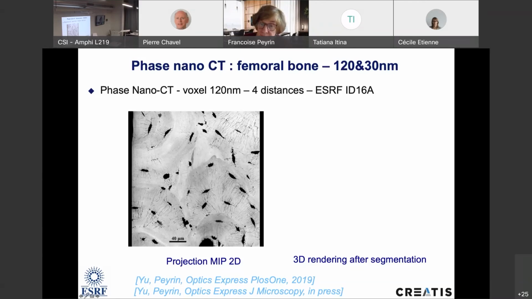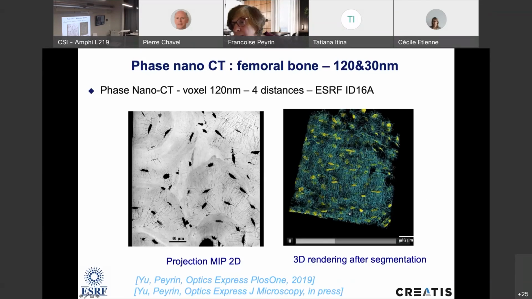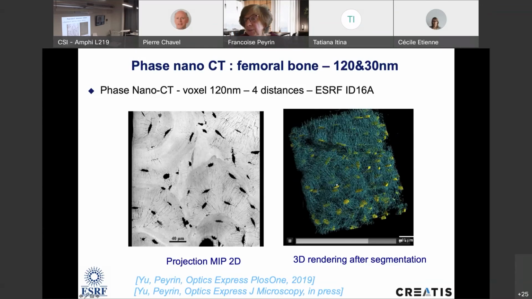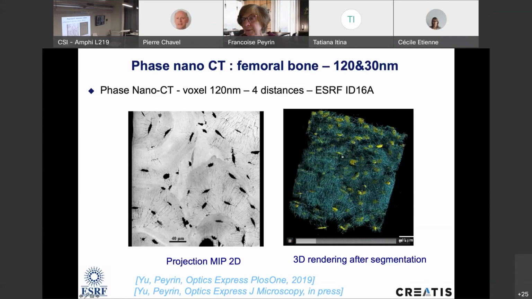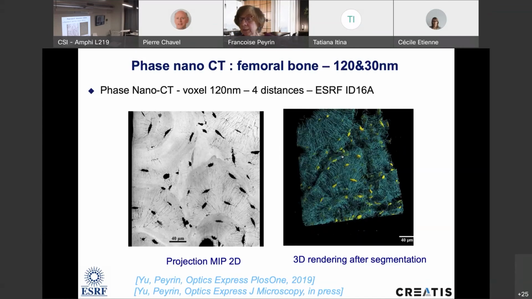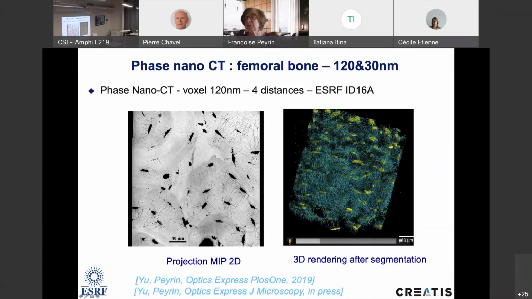So this is reconstructed in 3D and then a projection image to display these osteocytes and their connections. And you can see that in different osteons. So we did a work to segment all this structure in 3D. And here you have a rendering of the osteocytes in yellow and all the small canaliculi that join them in 3D in space. It was quite challenging to obtain this image because it required a lot of development in image segmentation.